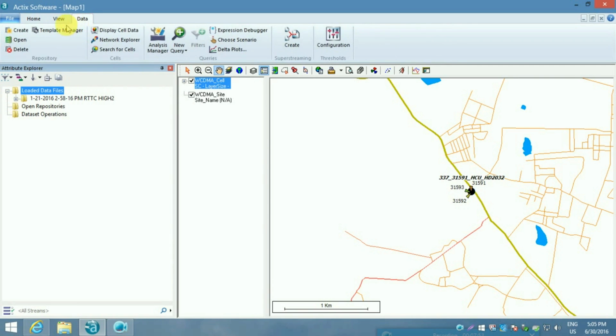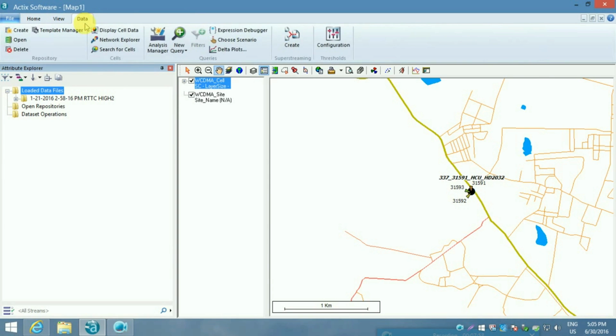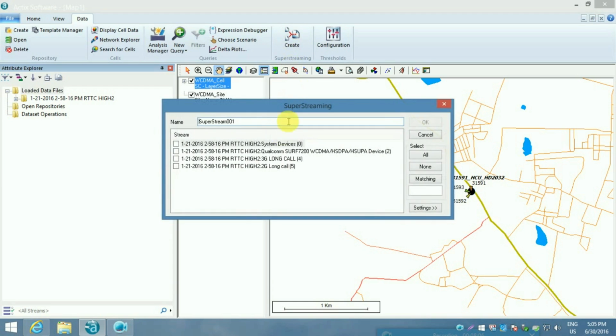But we need to create a super stream before we start analyzing the log file. Super stream enables us to assemble the data of different devices that were used while conducting the drive test session.